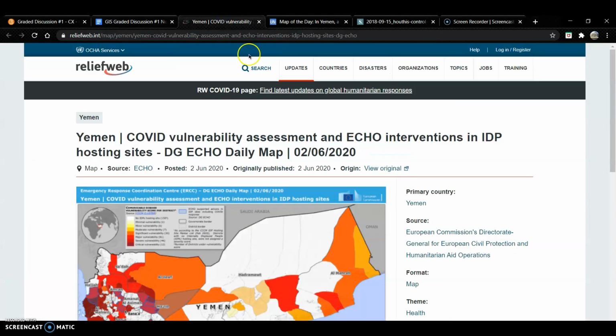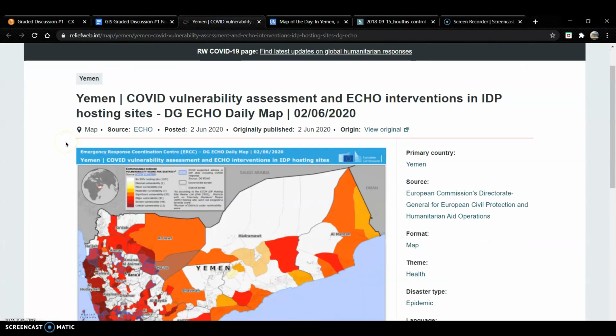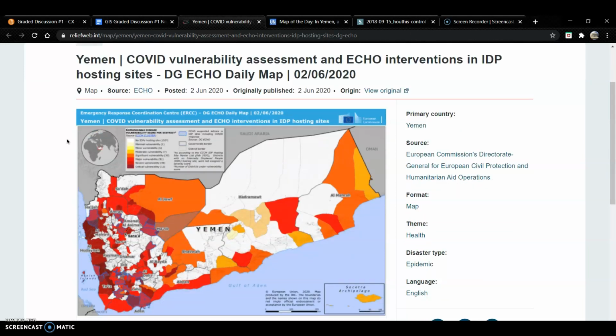Okay, so the first map I have is actually relating to Yemen this year. It's a COVID vulnerability assessment map. Basically, Yemen was already in pretty much deep trouble before the COVID-19 pandemic hit, and then with the pandemic occurring this year, it just made everything worse in the country. The country is already incredibly unstable from the deadly civil war it's had. It's already facing a cholera outbreak, which we'll get to in a later map, and